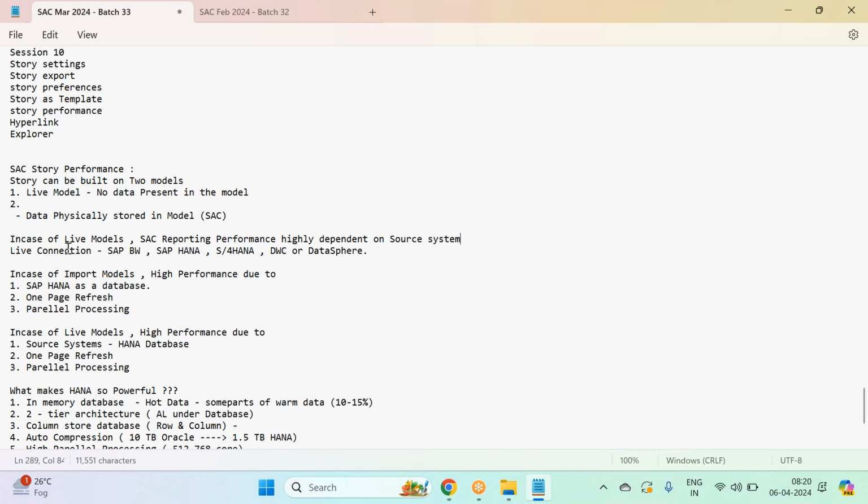The live connection happens with these systems like BW, HANA, S4 HANA, and DataSphere. So if there is a live connection in place and live modeling in place, the entire reporting performance is highly dependent on source system. If your source is quick, if they're able to read the data quickly from the database, your reporting performance on those models will be very quick. And guys, in case of an import connection,